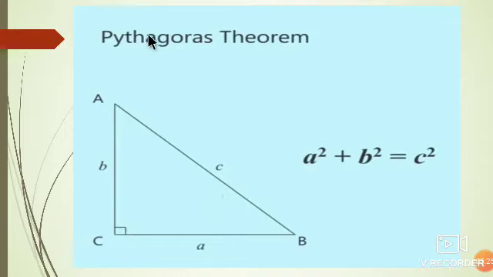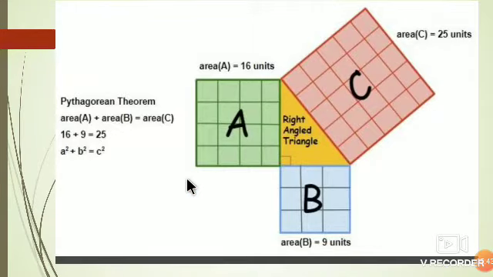And what does the Pythagoras theorem say? That AC square, this AB square, means C square, length is C. So C square is equal to the sum of the squares of these two sides, A square plus B square. So let's verify it.